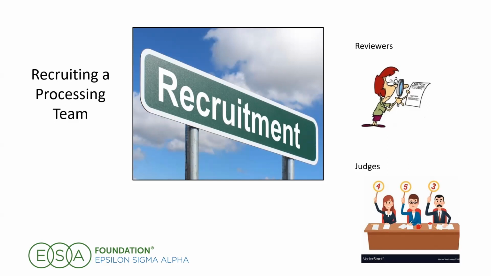Now, judges must not be ESA or ESA Foundation members. They can be from all walks of life, as long as they have an interest in higher education. Judges will complete the scoring of the applications. They are given a scoring grid for financial income and GPA, and then they will devise a scoring system for the service and leadership section.